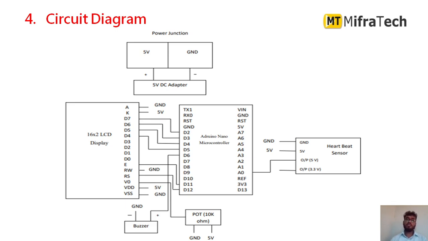Initially you have to put your finger in the heartbeat sensor. It is going to continuously monitor your heartbeat, sense the data and send it to the Arduino Nano microcontroller, and whatever heartbeat it detects will be displayed in the 16x2 LCD display. Whenever the heartbeat becomes an emergency situation, like whenever heartbeat is too low or too high, a buzzer warning will be given to the user in order to warn him in the emergency situation. So like this this project will work.